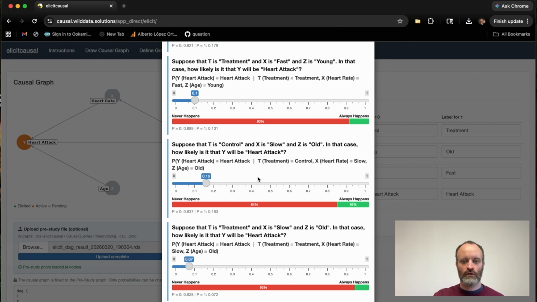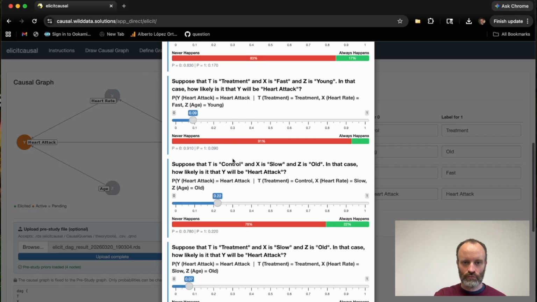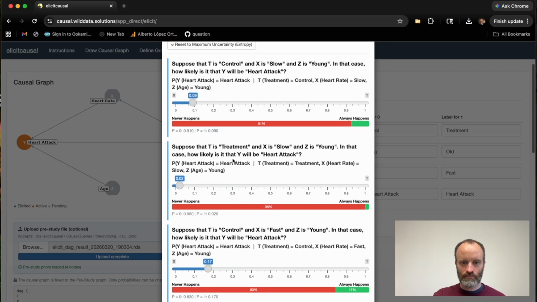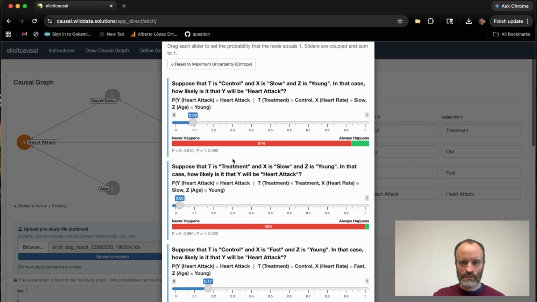So let's say that our treatment was effective. It was particularly effective for people who were old and had a slow heart rate. So let's set that a little bit higher, right? So our treatment was even more effective than we expected. Now we can suppose that, and it will come up here. We'll say that